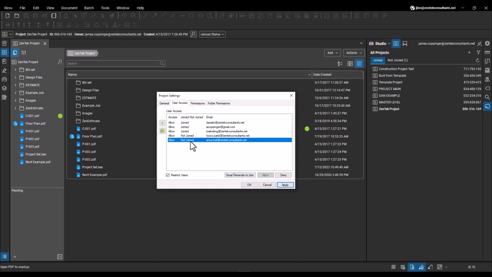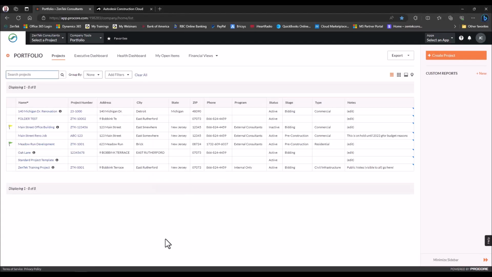They'll get an email with a link to this, and that same concept is going to follow through, right, with the other major construction management systems. So here I've got Procore open, for example, and here in Procore, I can really set user access at two levels, right? I can set a company-wide directory or a list of people who we work with all the time. So I can set everybody in my own company plus outside consultants and architects and engineers, and I can give them general access, or I can go down at the project level and set access there for